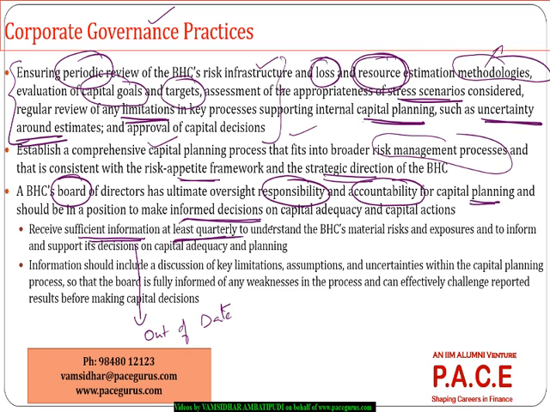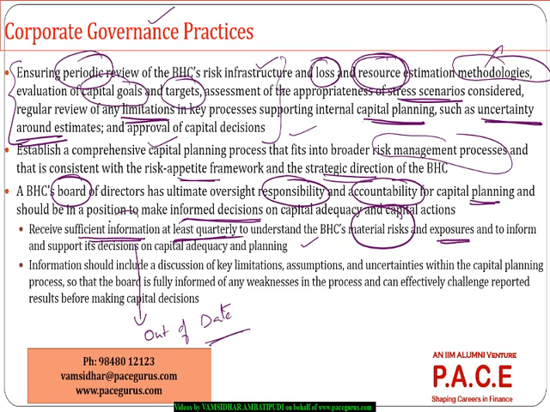What the supervisors suggest is that, at least on a quarterly basis, they should receive sufficient information about the different kinds of risks associated with the BHC. At every point in time, the frequency of the risk and the severity of the risk keep changing, and the total exposure that is at risk keeps changing. So the latest numbers have to be received at regular intervals, so that they can make their decisions and planning very effectively.